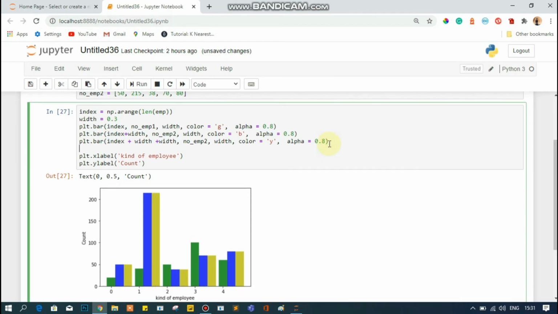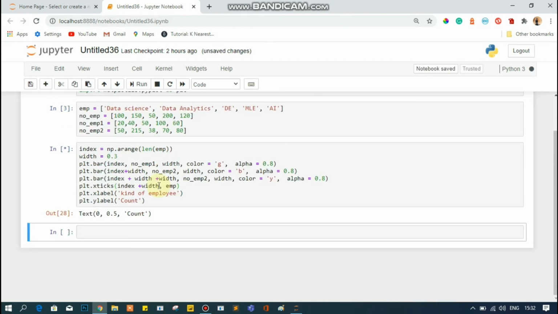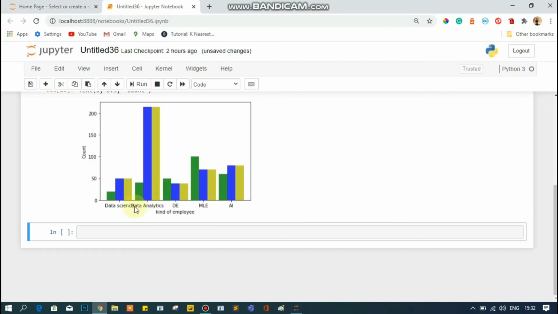In the next line, I will use plt.xticks, and inside this I'm going to pass this index, the index which I have created here, and in the next one I'm going to pass index plus width, and the classes, no, this is not classes, this is what I have taken, employee. Now you can see that the name of every bar has been assigned here.